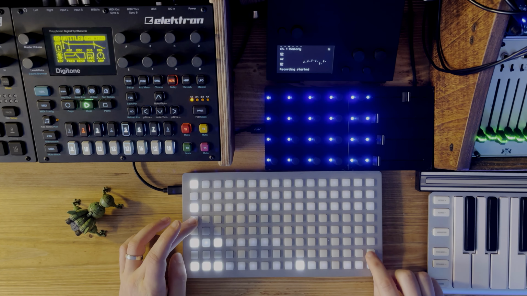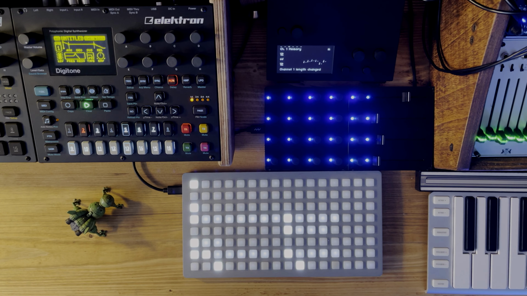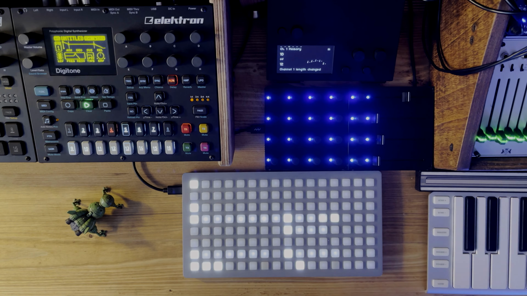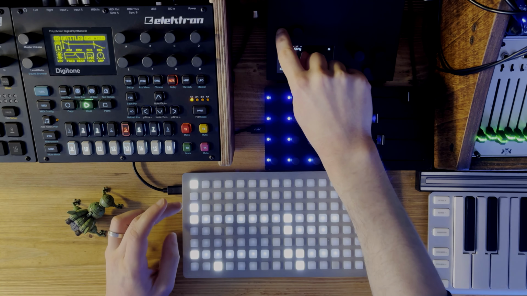And then I can extend back out, and you'll see that I've only modified this part of the pattern. Okay, let's just undo that to make sure that the pattern's sparse. And we'll just mute this channel for now.